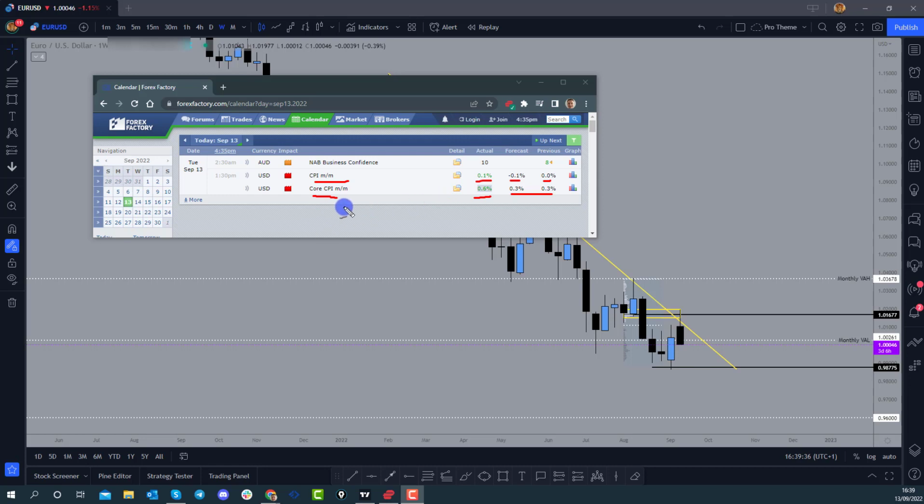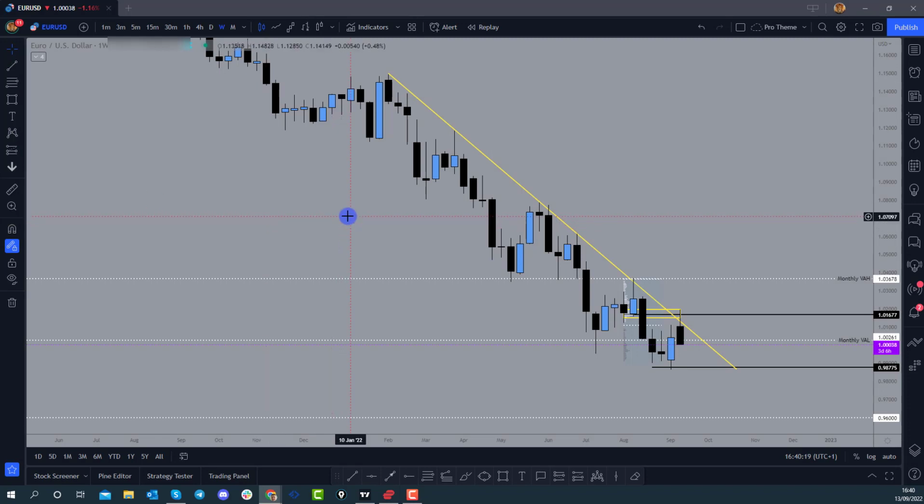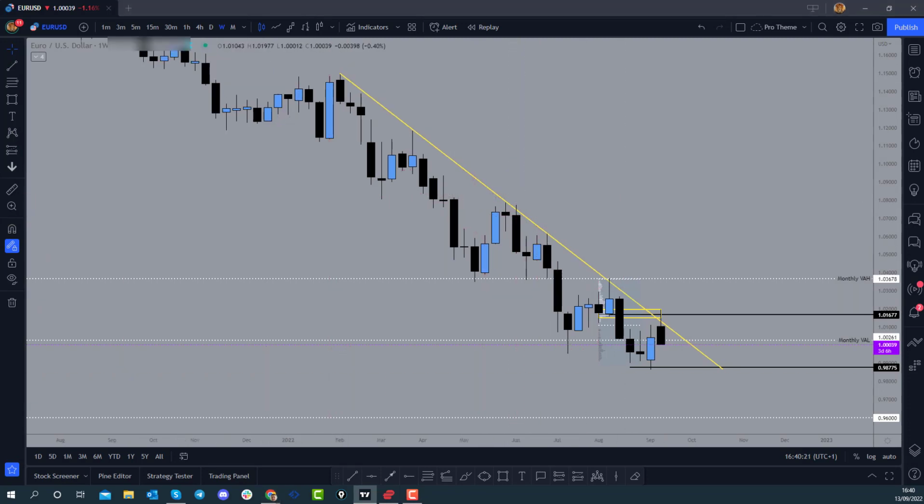If inflation is seen as rising, the Federal Reserve will need to act aggressively and hike more aggressively. That being said, the dollar would strengthen off the back of that news, which is what we're seeing in the markets. Now, if we reflect that and have a little look at how that's affected Euro US dollar,